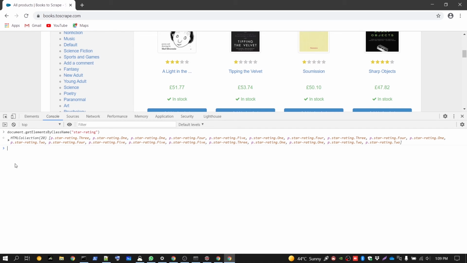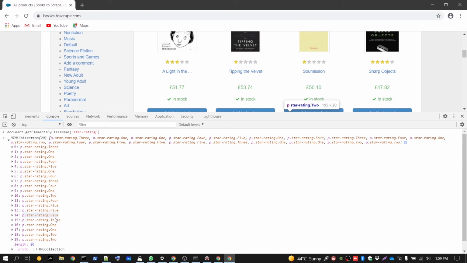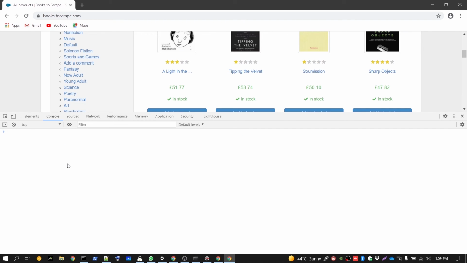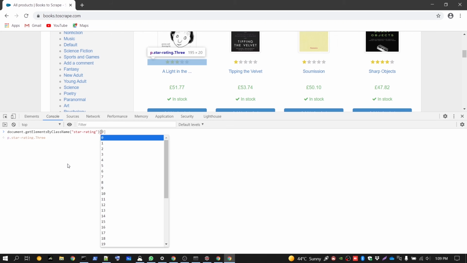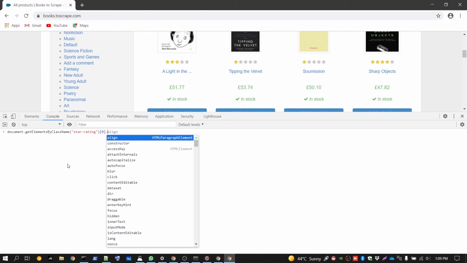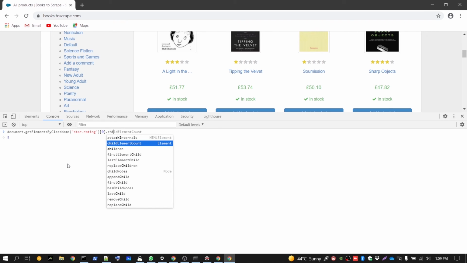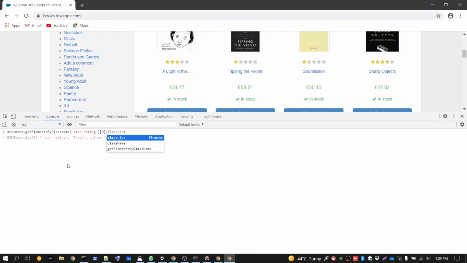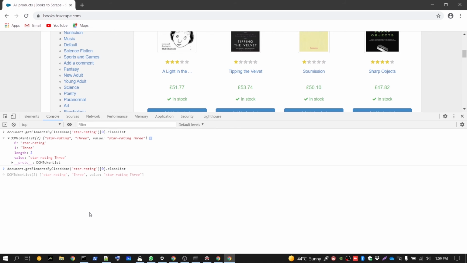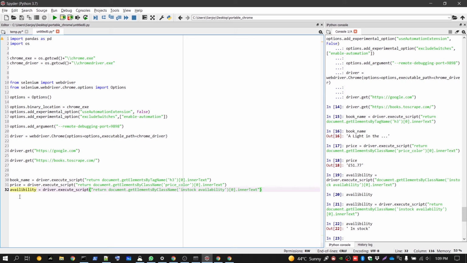First check this. Okay, so now we are able to see this. This is further segregated into separate classes. So now dot, again we do 0, we access the first one, we do class list. So now we see this is at a 1 number. So the idea is to get this at 1. This is 3-star rating. Control C, and